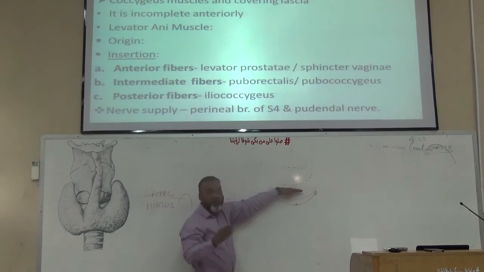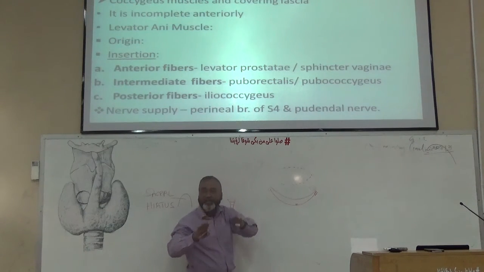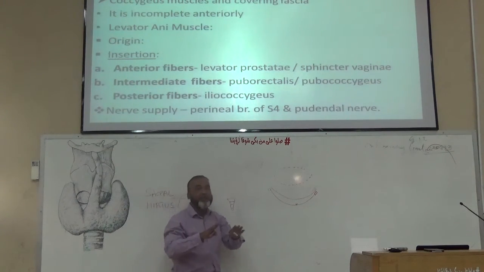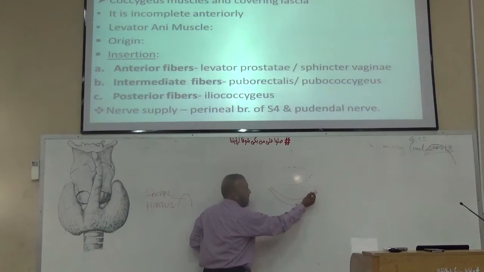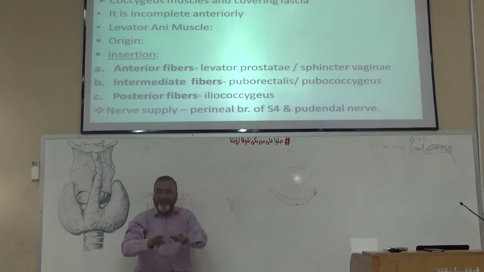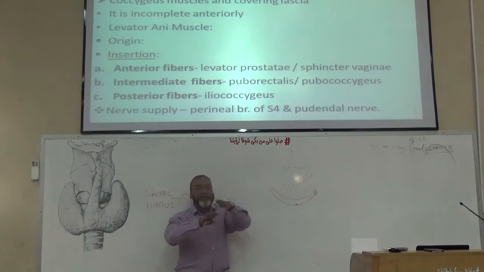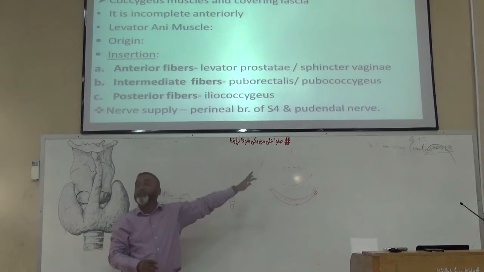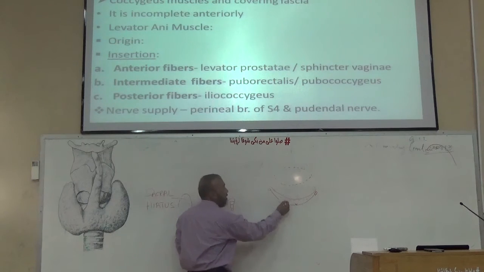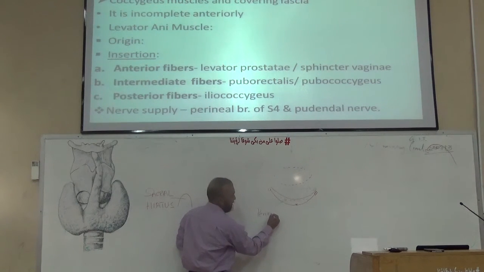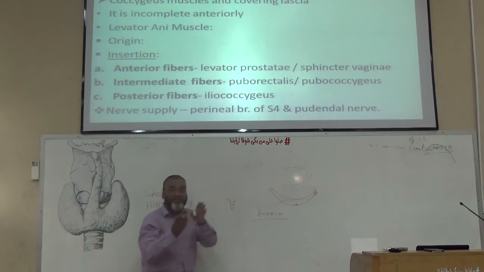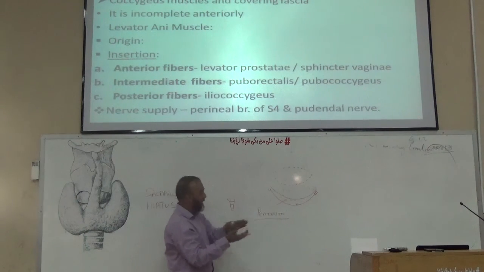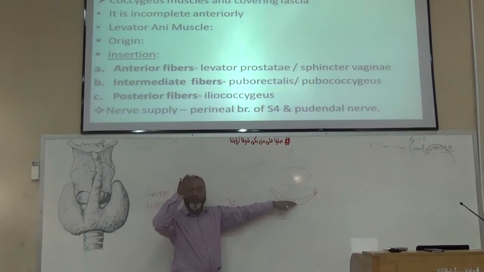Now, the lower part of the pelvic cavity bears a diaphragm, which is named the pelvic diaphragm. This pelvic diaphragm is present in the lower part of the pelvic cavity to create a small narrow potential cavity below the diaphragm, which is named the perineum. Perineum is the lower part of the pelvic cavity below the pelvic diaphragm. Clear?